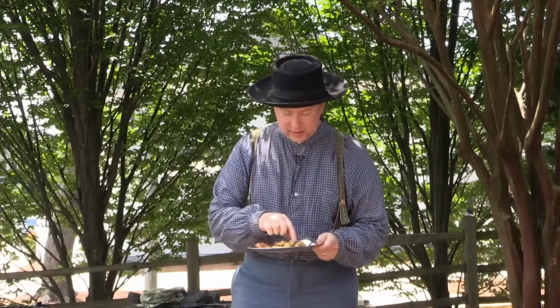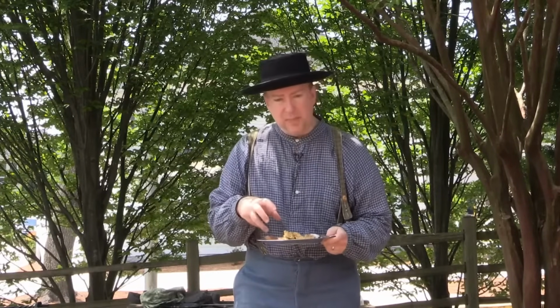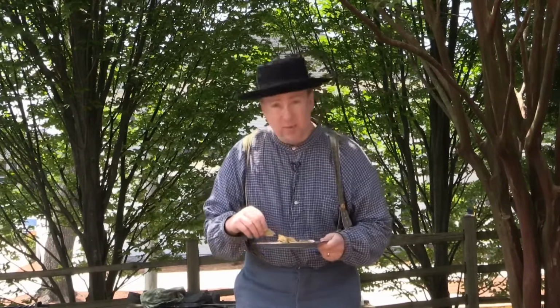So here we've got some Kush, prepared not as well as it should have been by yours truly. There are some accounts of guys who got good enough for this. They could make the dough and use the ramrods from their musket and sort of coil the dough around the ramrod and set the ramrod over the fire and sort of bake this coiled cornbread thing. But this is what we have today, so